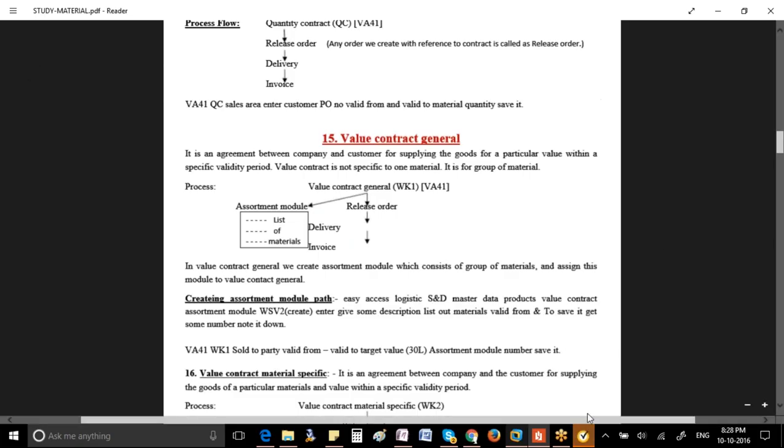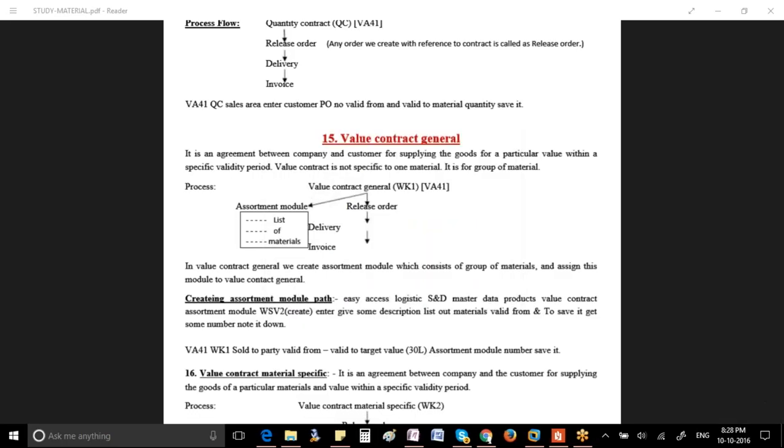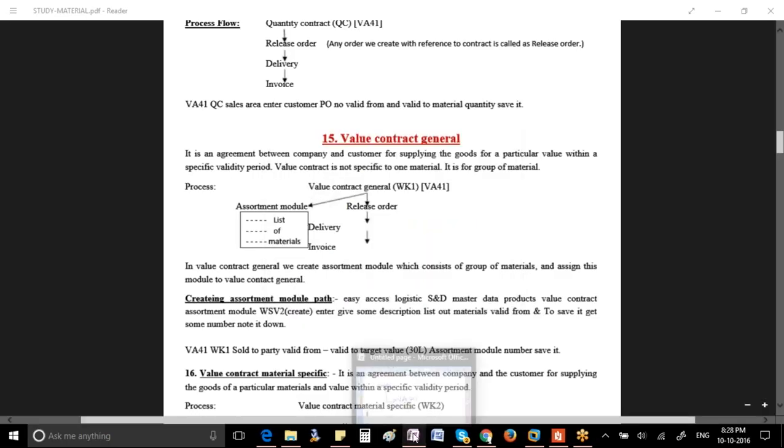But can we allow the customer to buy any product? We cannot, right? So what we do here is create an assortment module. The transaction code to create an assortment module is